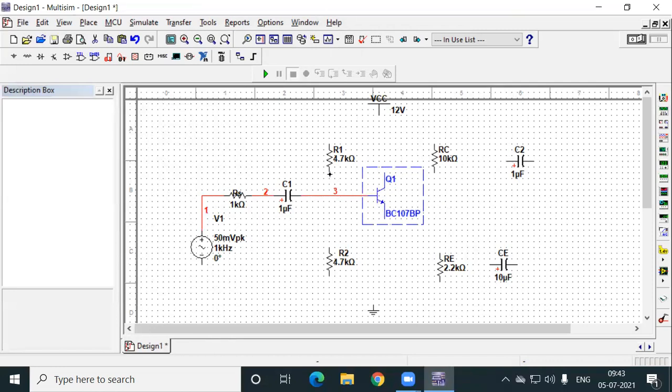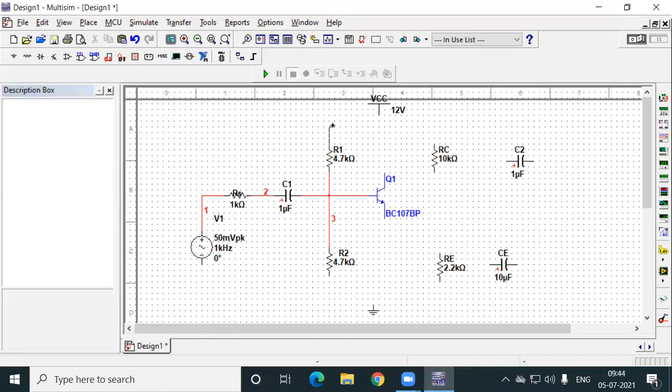So now R1, don't connect R1 and R2 directly. Drag the line from R1, stop, take a pass there. You will get a dot. That is a nodal point. From there again come to the R2. Then you will develop a node. For self-bias, R1 and R2 are in parallel. Therefore, you should get a node point there, right?